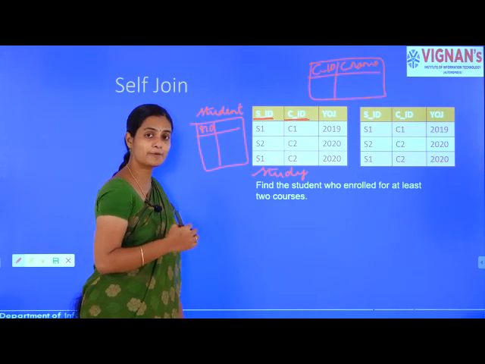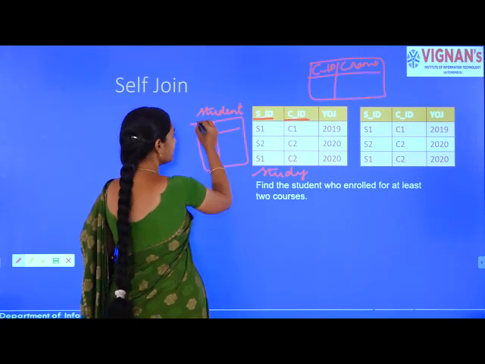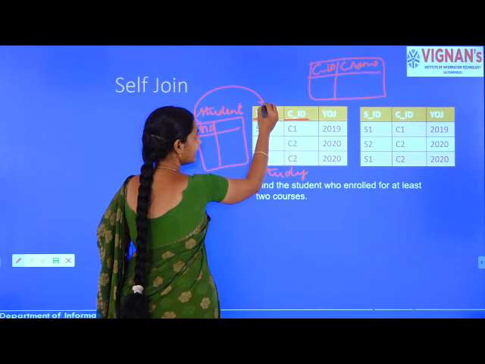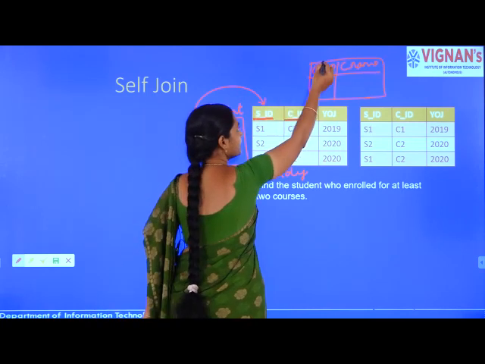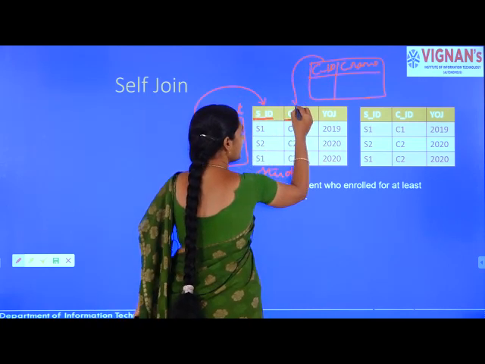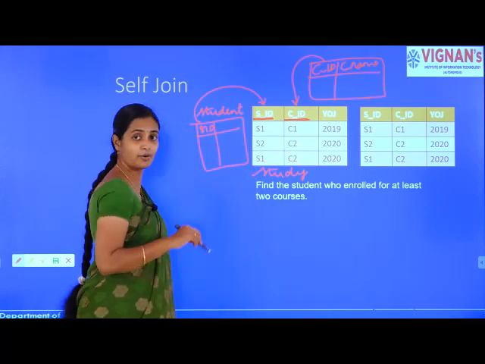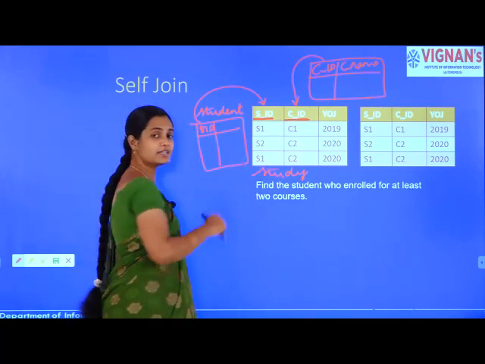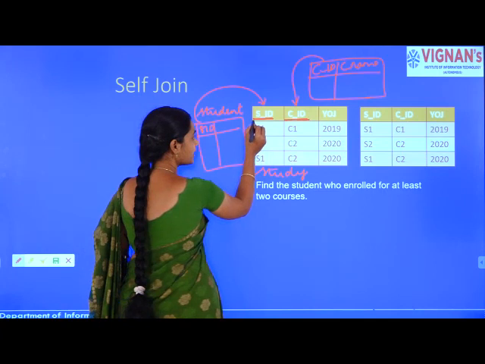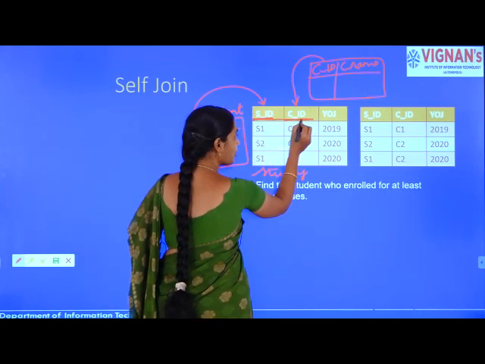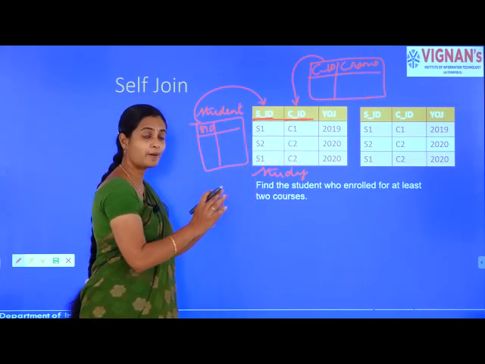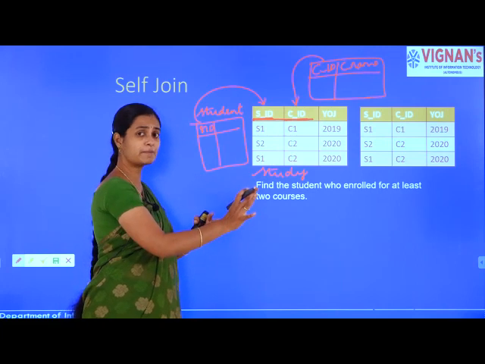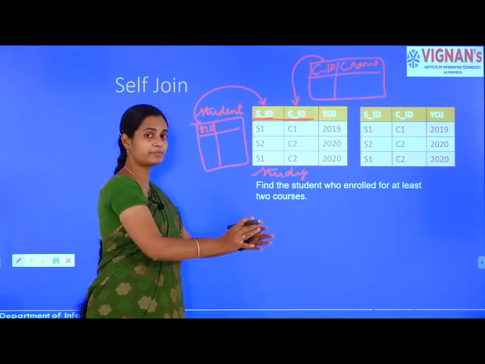Now what is composite primary key? A primary key from one relation we are keeping, and again the primary key from another relation also is being mentioned in the study relation. Okay, so what are they combinedly? We have composite primary keys. Composite is nothing but combining. We have multiple primary keys.